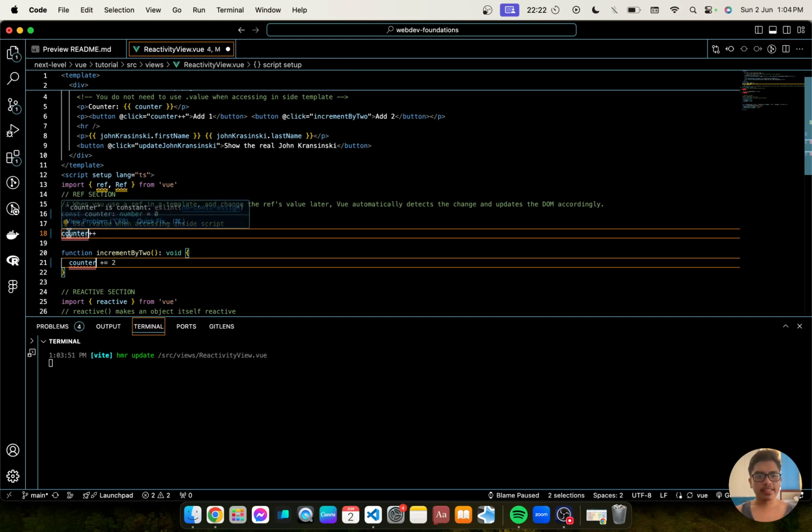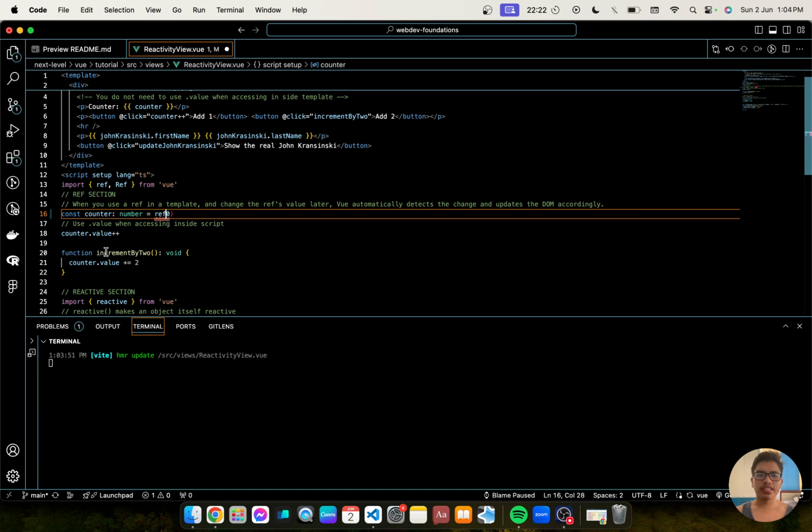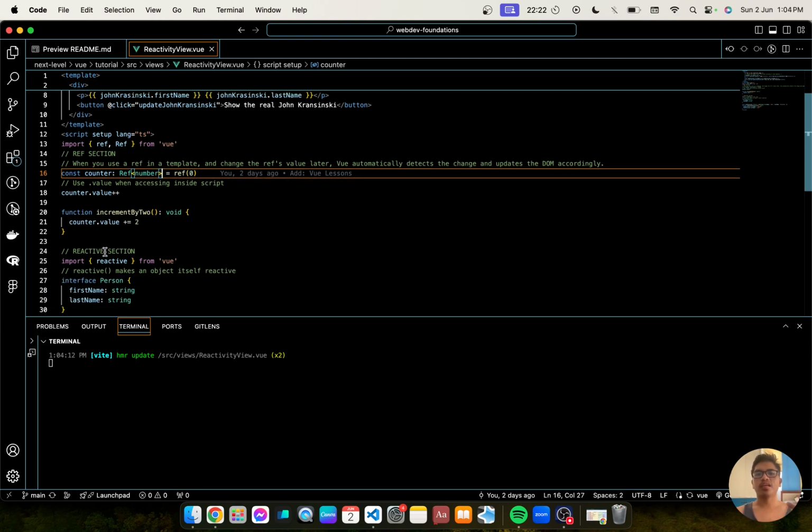Why? Because counter is a constant. So ref allows us to fix this problem. Okay? So you may point out that you may use let or var to fix this. However, Vue will not be able to detect the change and update the DOM accordingly. So it's best to use ref instead.